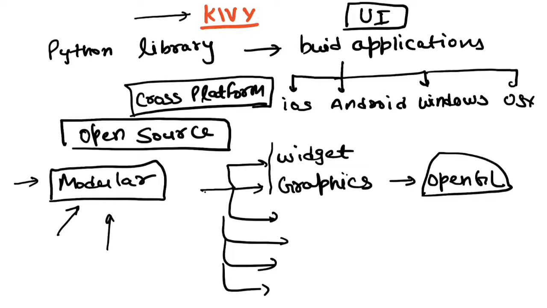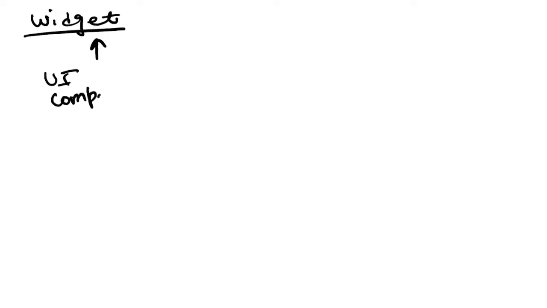Now we will jump into these modular components in brief, one by one. Let's start with the first: what is a widget? A widget, as I just told you, is a basic component if you want to draw something or use a certain UI based component. Let's say you want to create a button, text, or any kind of animation. For that you use a widget. So it's kind of any UI component. Within the Kiwi framework, it's known as a widget.